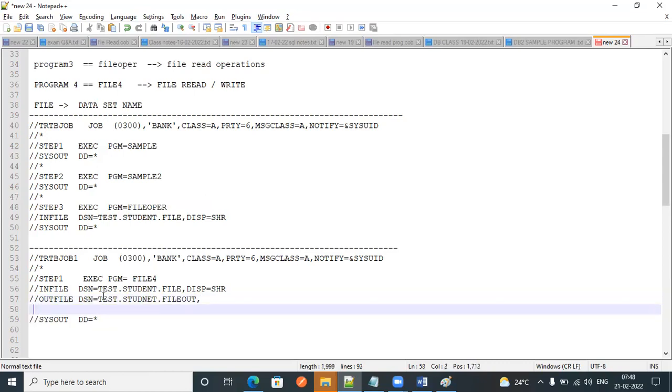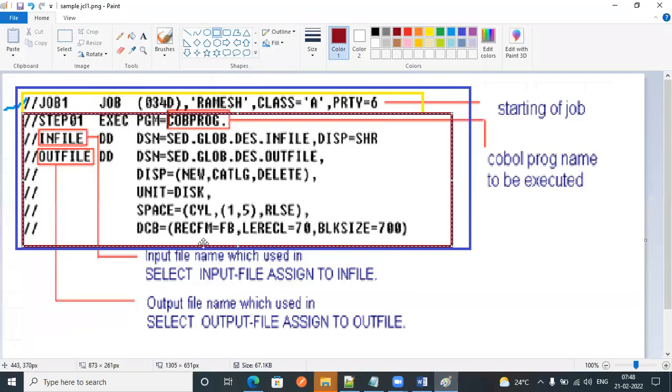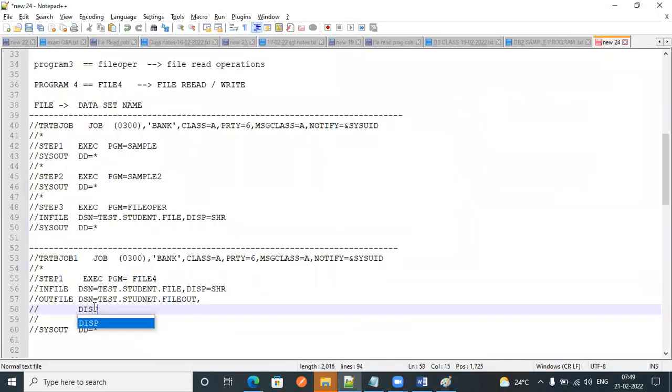So here we have some DCB operations, disp, space and DCB parameters. Disp equal to new, catalog and delete.